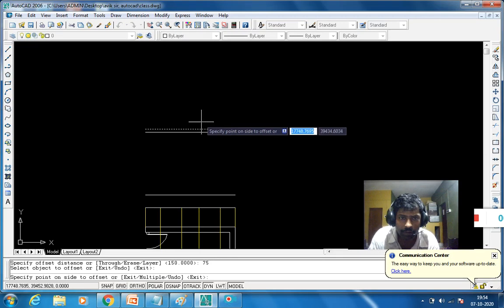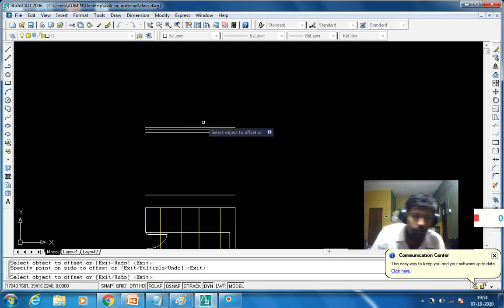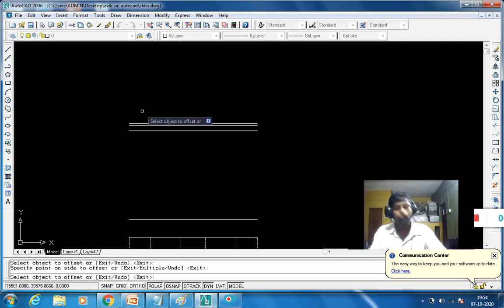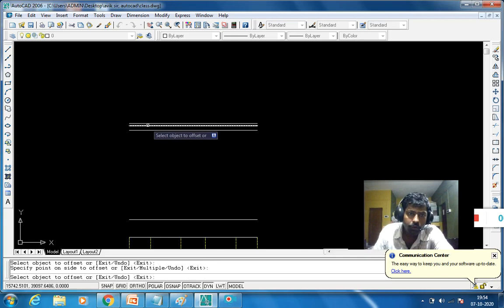Because a 75 mm waterproofing course is applied at the roof slab to make it water resistant. Because it is directly exposed to the weather, you have to apply a waterproofing course. So the thickness of the waterproofing course is 75 mm.